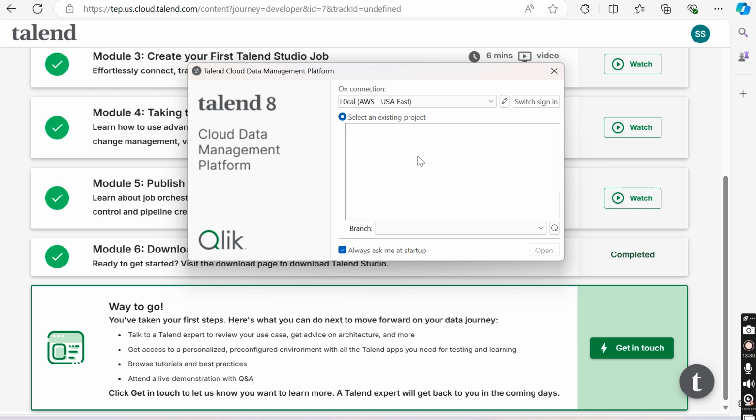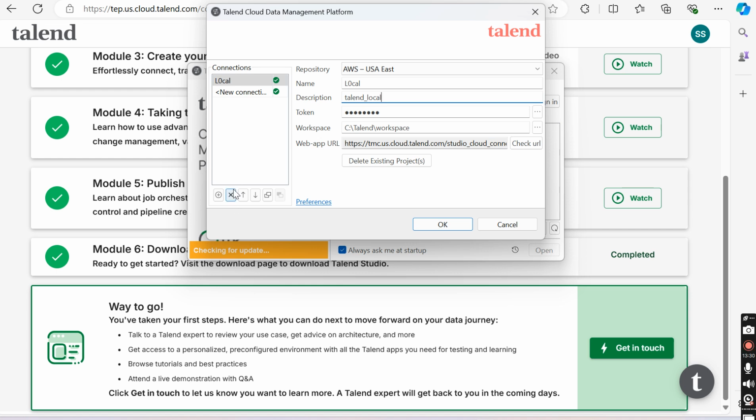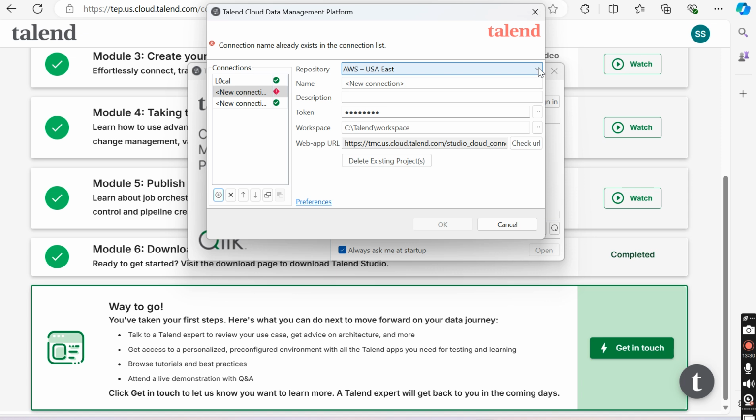Okay. So if you see here, we have come here, right? Now go to this one. Okay. So we need to create the connections first. So let's say I'm creating one connection here. Let's say I'm creating a new connection for you guys. Let's say this plus, and this repository I'll put it,